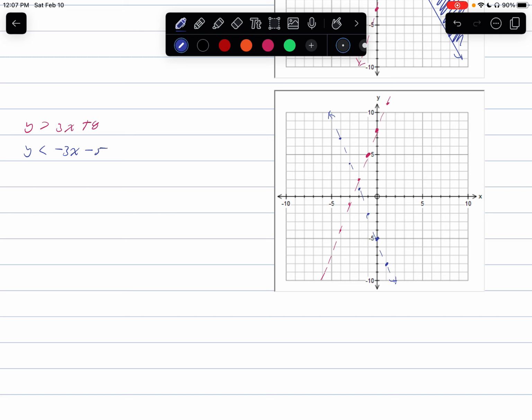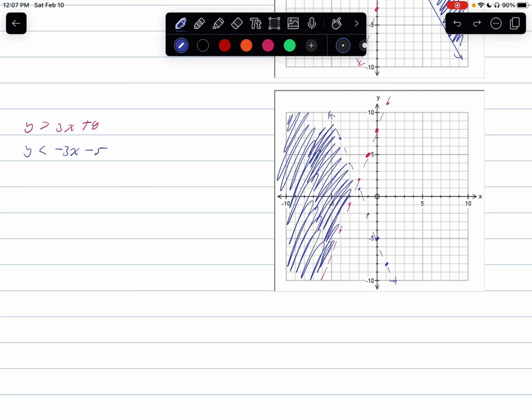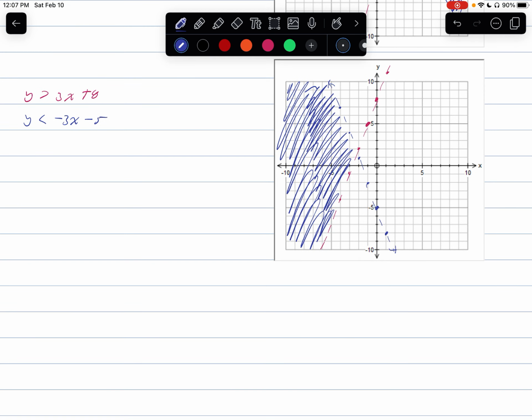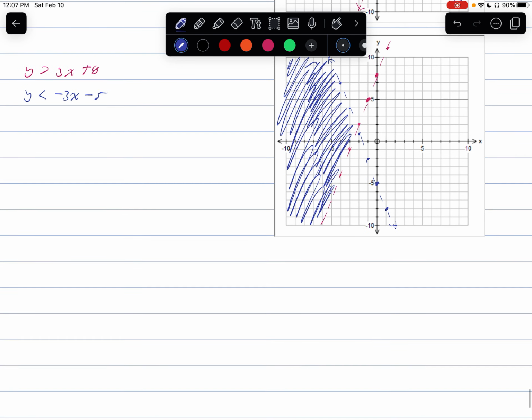But now we need to figure out which region satisfies both. So we want everything that is above the pink line and everything that is beneath the blue line. Everything above the pink line, that would be this whole region here, okay? And everything that is beneath the blue line, that would be this region here. So this leftmost region is going to be the region we want to shade, and only that region, okay? And again, if you're having a hard time